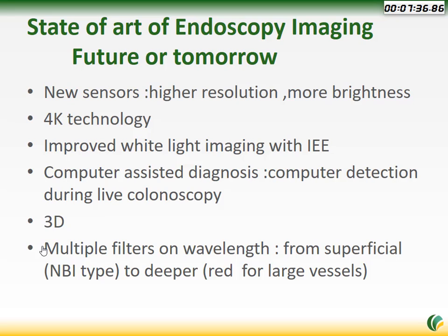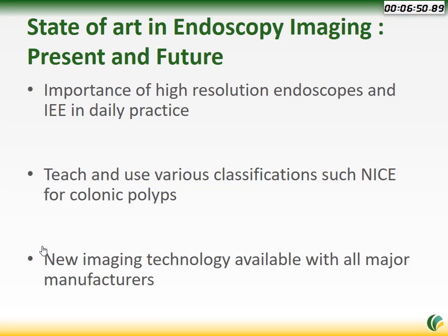Of course, we have 3D, and the Japanese engineers are also developing multi-filter wavelengths. With NBI, we look at superficial filters, but we could also develop some deeper filters with red in order to look at large vessels. When we do ESD, it is a surgery. Sometimes we have a large vessel, and we have to coagulate or clip it. It will be very interesting, when you do ESD, if you can see very large vessels in the digestive wall detected by the endoscope, and use better clipping or coagulation forceps. So that means the present and future, it's important to have high resolution scopes and use this new technology